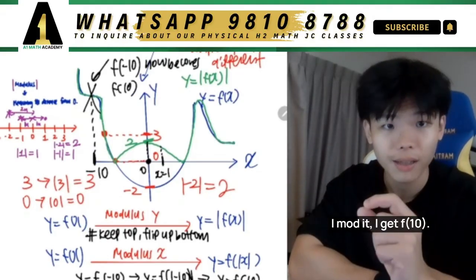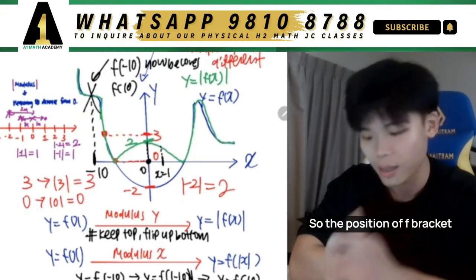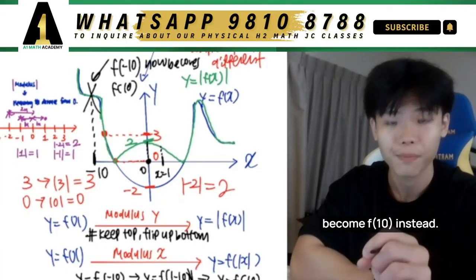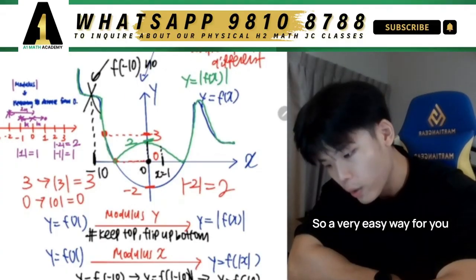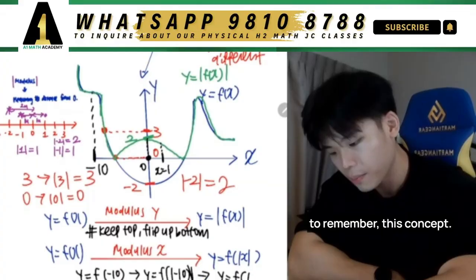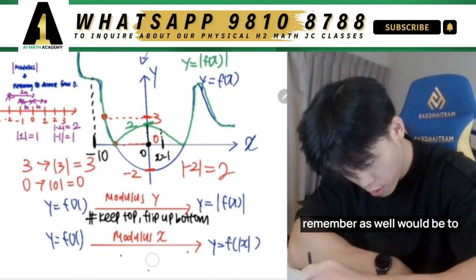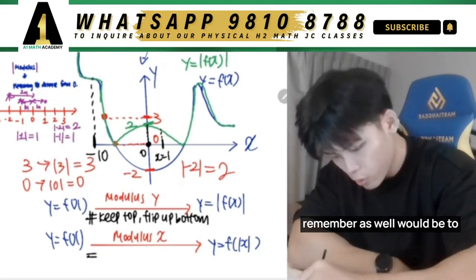Because -10, I mod it, I get f(10). So the position of f(-10) will now become f(10) instead. A very easy way for you to remember this concept, I'm just going to write down the shortcut here for you to remember as well, would be to keep